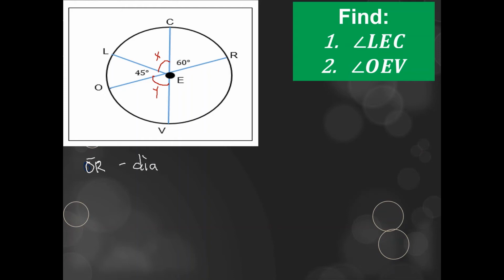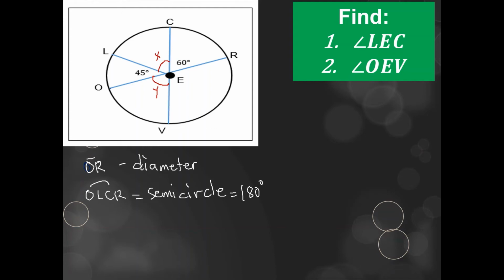So since OR is the diameter, arc OLCR is a semicircle. A semicircle has a measurement of 180 degrees. And that semicircle is composed of 3 central angles. So it means we can have the equation